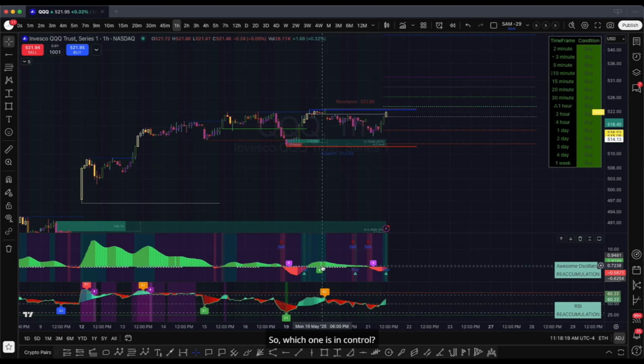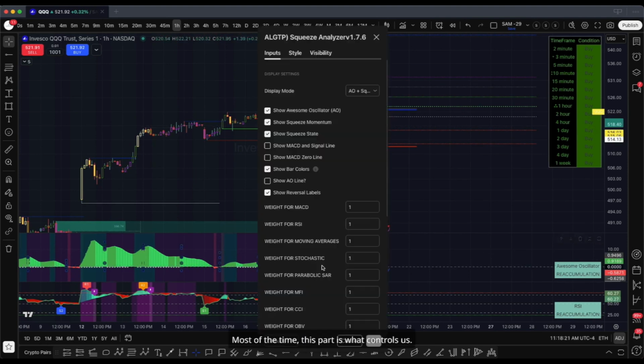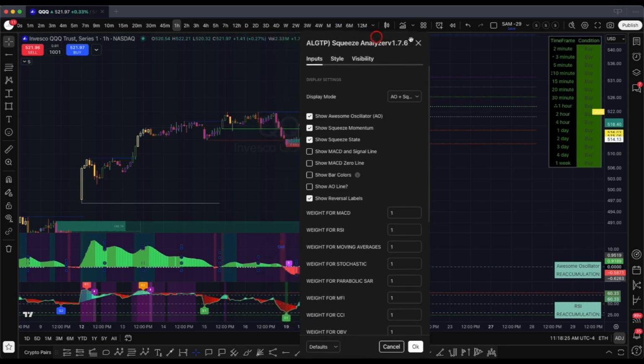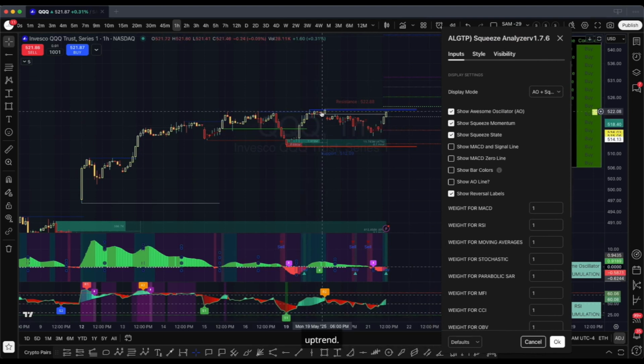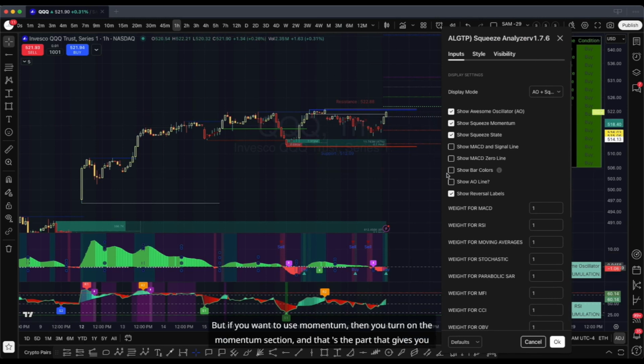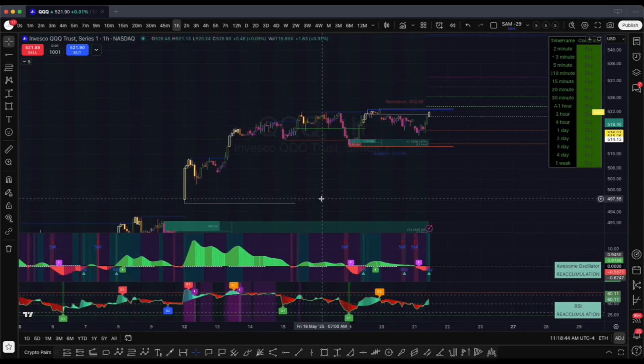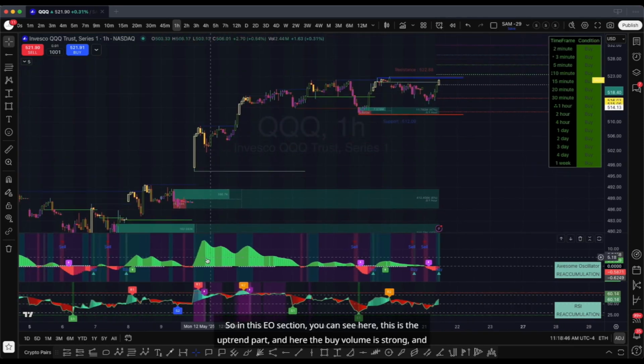So which one is in control? Most of the time, this part is what controls us. So if you find it distracting, you can just turn it off. If you turn it off, you only need to look at 2 colors, the color for a downtrend and the color for an uptrend. Okay. And if you only want to use the downtrend and uptrend signals. But if you want to use momentum, then you turn on the momentum section, and that's the part that gives you guidance here. Okay, so in this EO section, you can see here, this is the uptrend part,